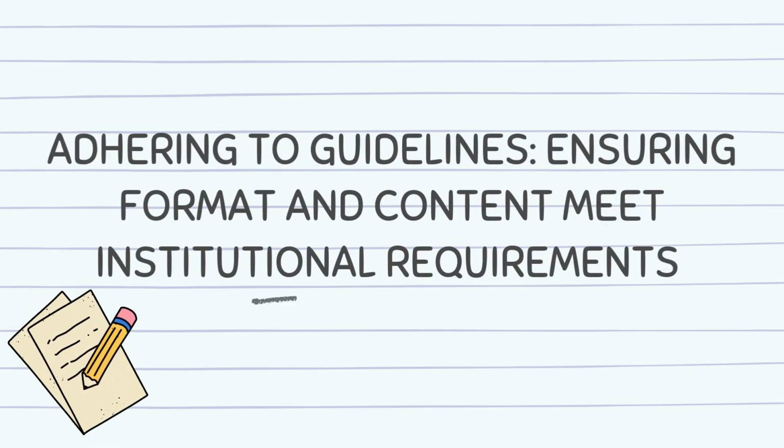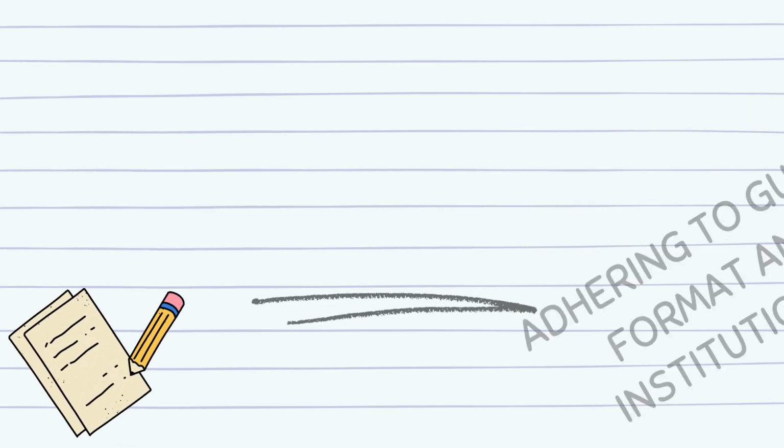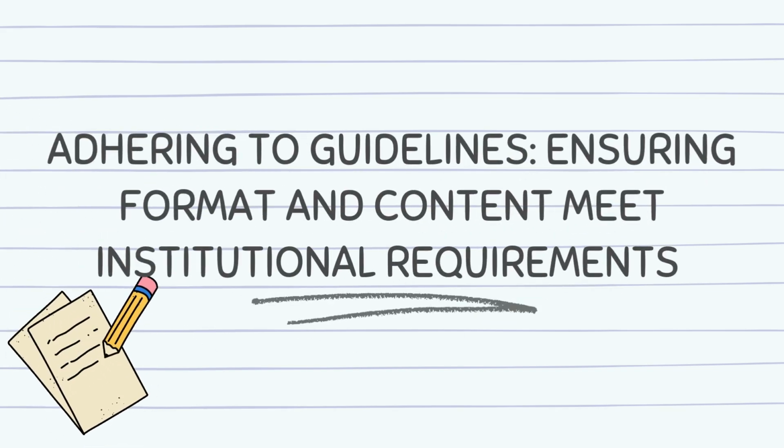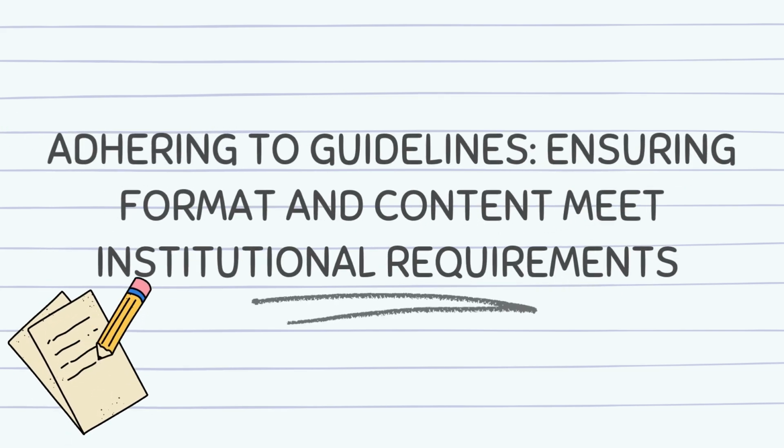Key takeaways. Follow formatting guidelines. Use the correct font, spacing, and margin settings. Apply the proper citation style. Ensure in-text citations and references match. Use subheadings and structured content. Organize literature thematically or chronologically. Utilize formatting tools. Word processors and reference managers help maintain consistency. Cross-check institutional requirements. Regularly consult the thesis manual and advisors. By carefully following these principles, researchers can avoid unnecessary revisions and produce a well-structured, academically sound Chapter 2.